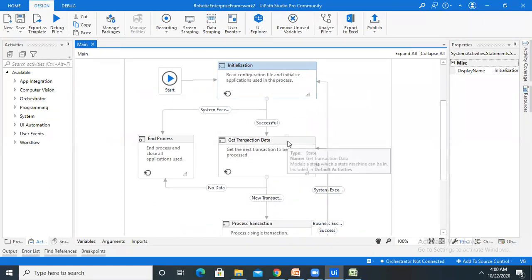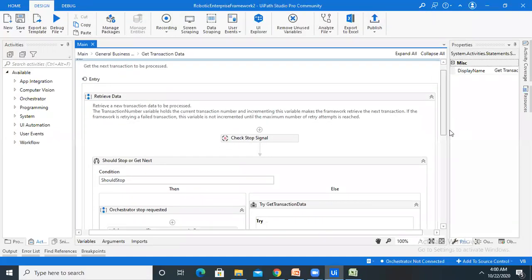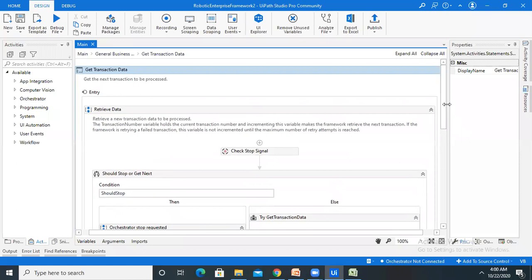So let's move to get transaction data and see how it looks and what the input or the advantage of getting transaction data is. Once the bot has successfully initialized, as we have seen in the init state, the application it requires for a process, it will then look if there are any transaction items in the orchestrator queue to process.